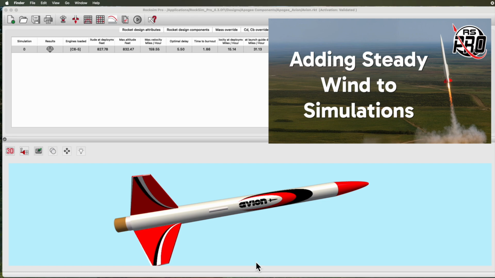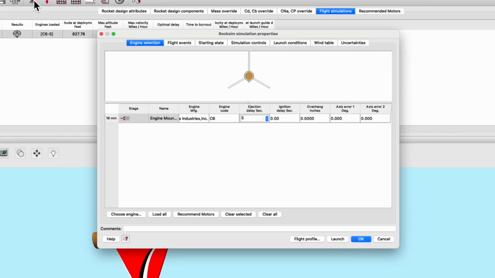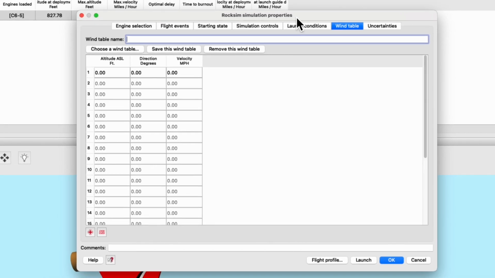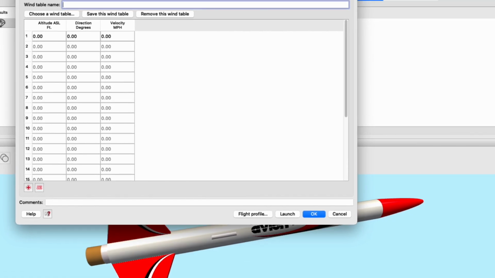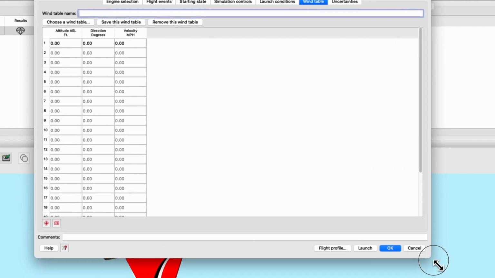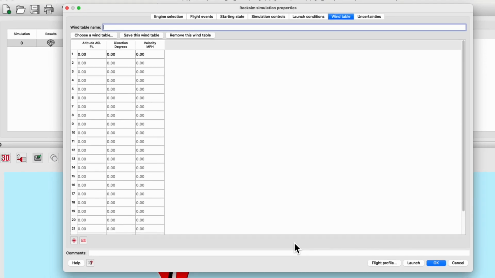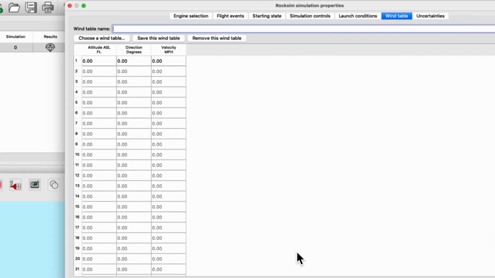This video will show you how to set up wind in RockSim-Pro. Wind is set up in the prepare for launch screen. You'll click on here and then come over here to wind table. This is different from RockSim because we're allowed to have different wind speeds and different directions at different